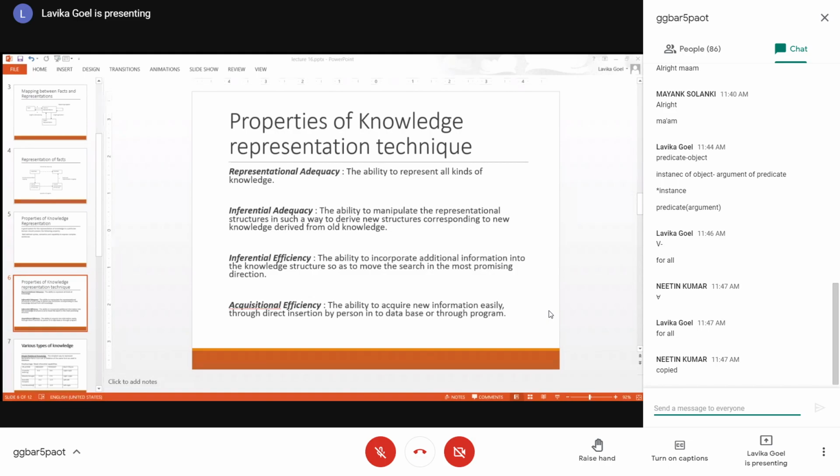Fine. For example, the example which I was giving you, where you were inferring a new fact from the existing set of facts, was an example of inferential knowledge. Okay. So like this, you have different kinds of knowledge. We will study them. If your technique can represent all different kinds of knowledge, then it is said to have representational adequacy. Fine.